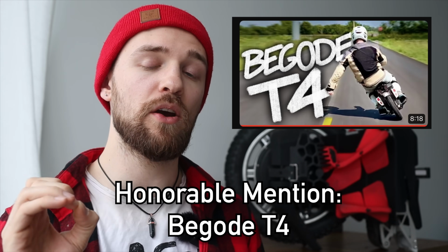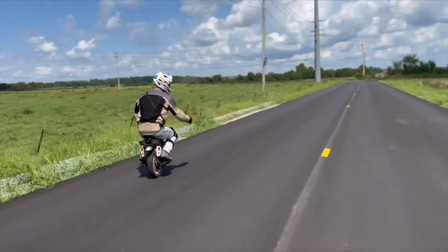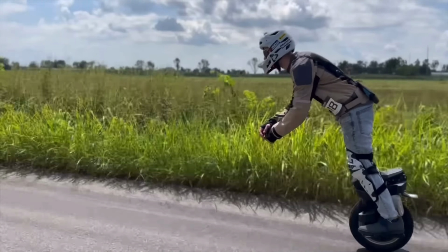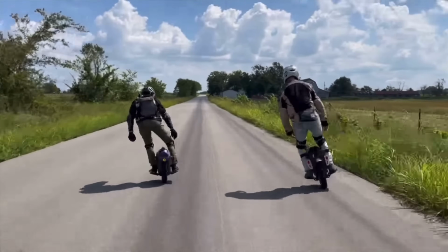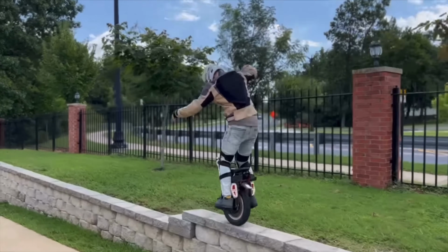With that said, I also do have an honorable mention in this category, which is the Begode T4. And this is a lot cheaper suspension wheel at around $2,500, but it packs a lot of features. Decent range, around 70 kilometers or so, decent performance, although this constantly changes because Begode is iterating so quick. Around 50 kilometers an hour top speed, decent performance, but where the T4 lacks, and in general the Begode T4